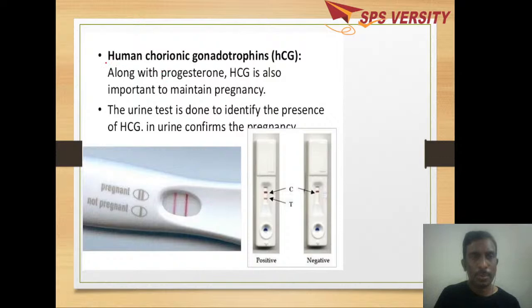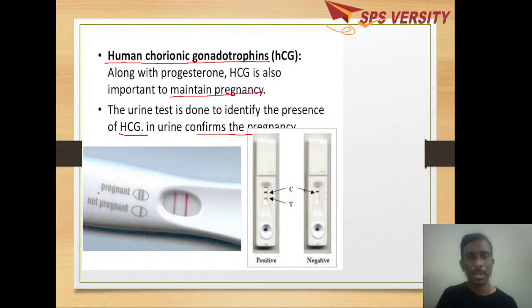So when you come to human chorionic gonadotropin, it plays an important role in maintaining pregnancy, as well as in identifying and confirming the pregnancy. The urine during the pregnancy stage contains it. Okay. So whatever pregnancy test is done, it is based on HCG,